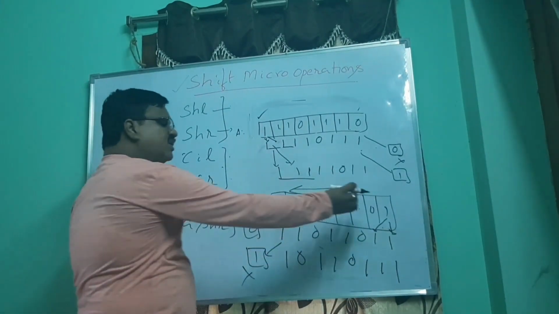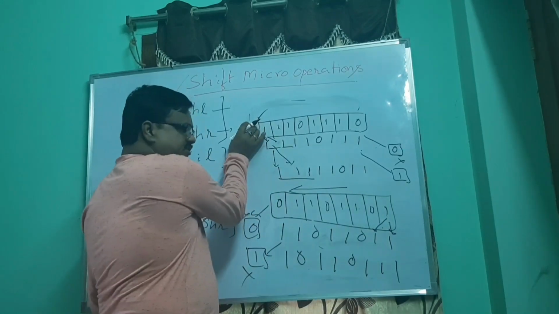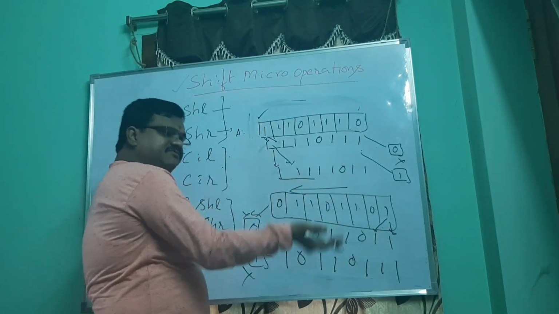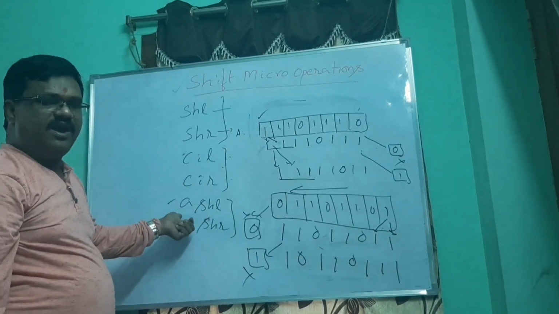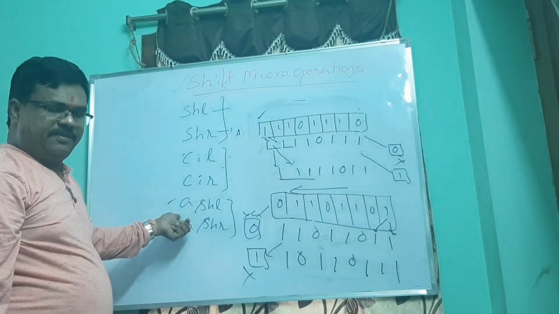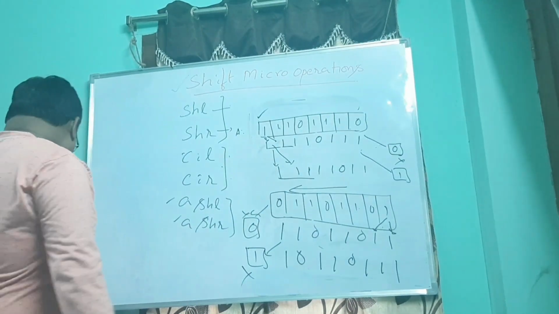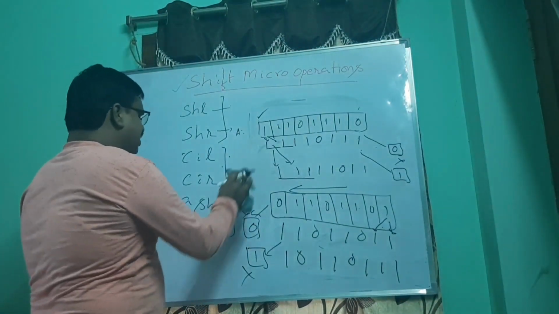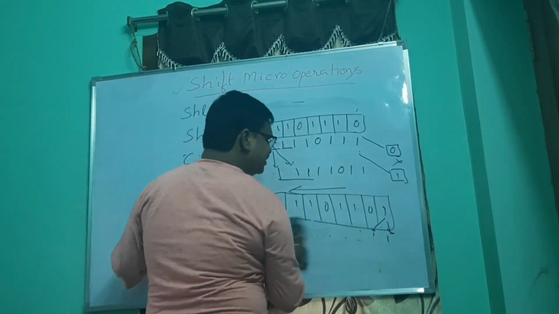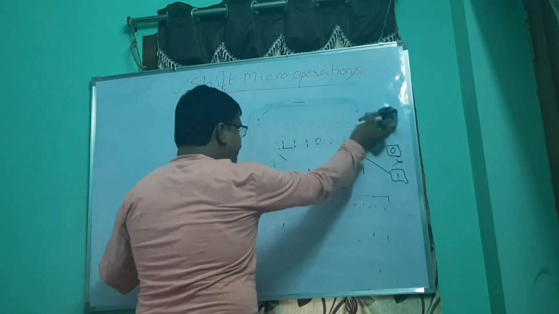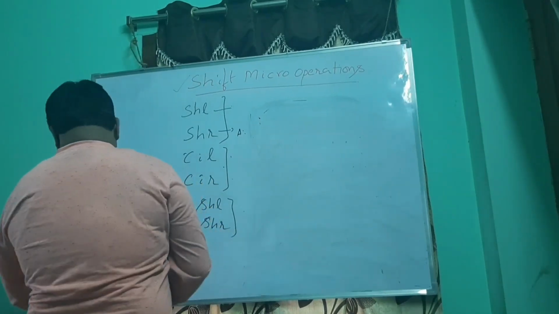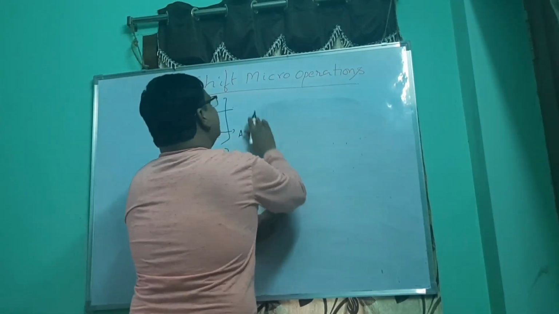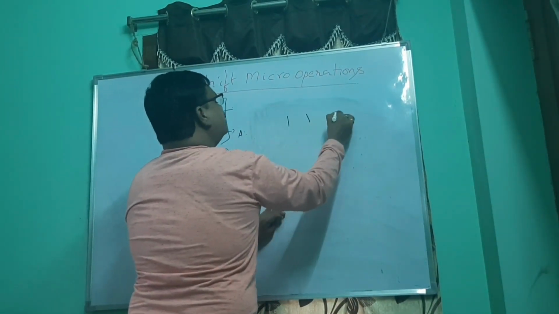So always whatever the LSB or whatever the MSB that is shifted left or shifted right will be copied as it is in the arithmetic shift left or arithmetic shift right operations. Clear? Now we will check one application of it by taking a 4-bit number. Example: 1, 1, 0, 1.